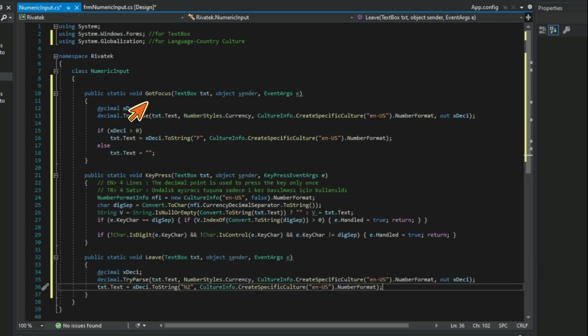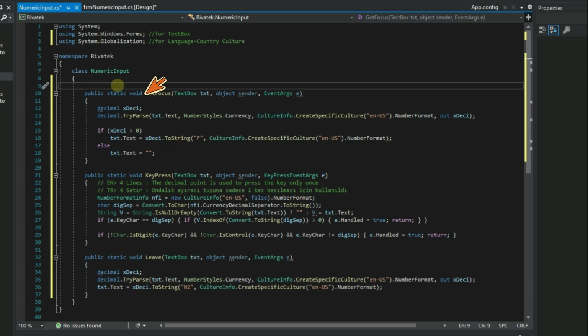Created 3 event methods for text boxes. Now, let's write a method that defines 3 event methods at the same time for one text box.